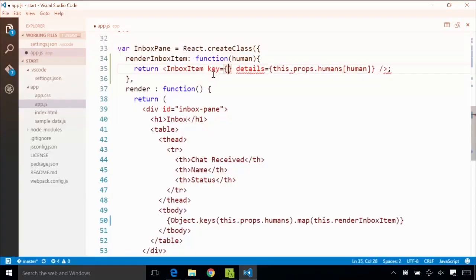So I can type in key, and this is something that's very specific to React. This key feature is really important, especially when you have lists of items. You should give it a key. So here I'm going to use the human name as the key because I am guaranteeing that on that side